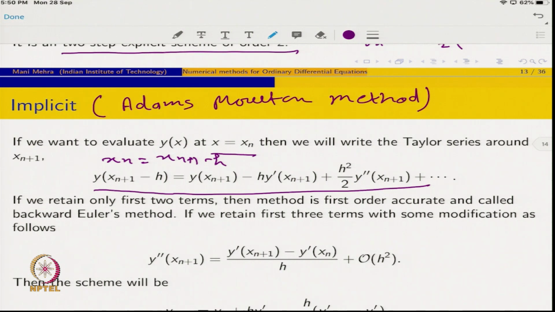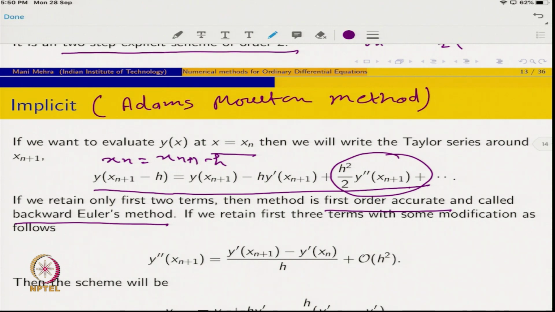If we retain only the first two terms, the remaining terms will be neglected. So, the local truncation error will be order of h squared and the global truncation error will be order of h. That is why I am writing that this method is called first order accurate, and it is called the backward Euler method,